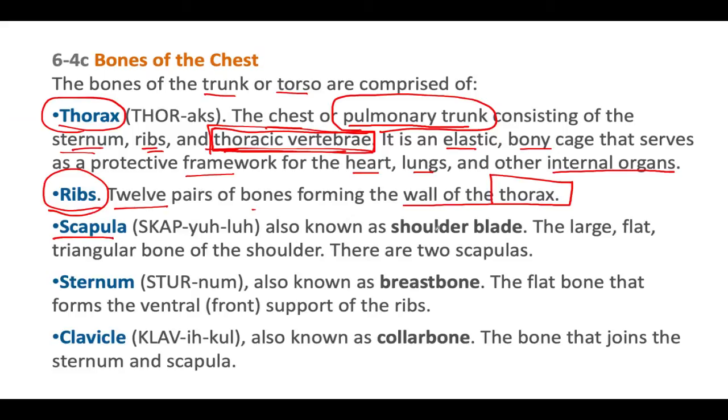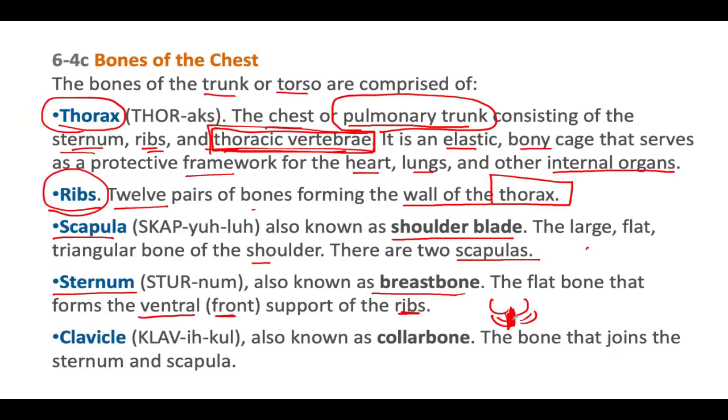Scapula is also known as the shoulder blade, the large flat triangular bone of the shoulder. There are two scapulas, left and right, shoulder blades. The sternum is the center, called the breastbone, the flat bone that forms the ventral or the front support of the ribs. So we have our, let's say, our ribs like this, and then this is the center, the front